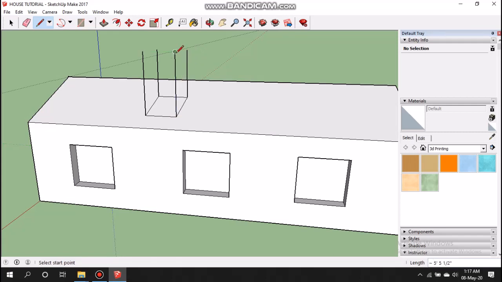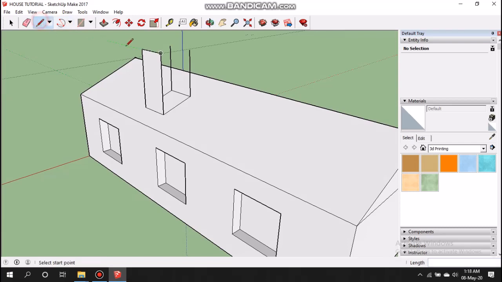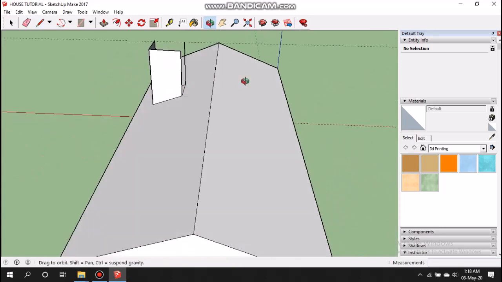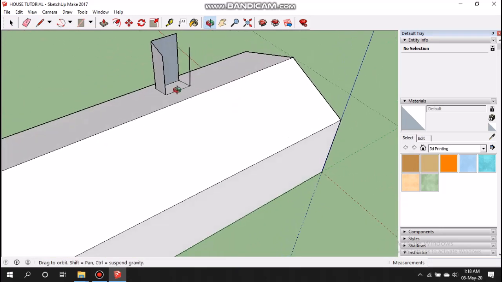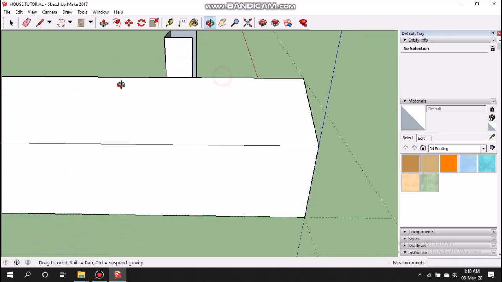Now join this section from this to this, and slightly pan this. Choose the line tool, this to this, and again pan. This to this, and then pan.